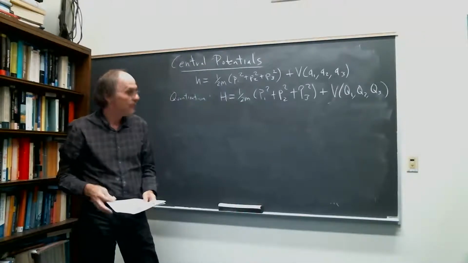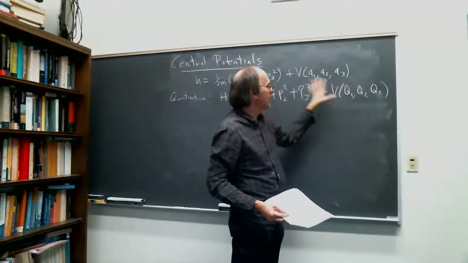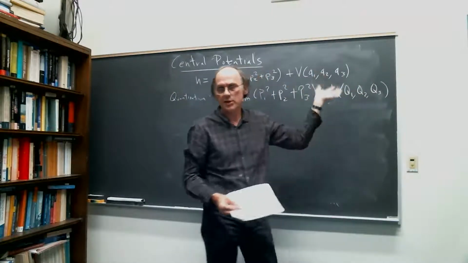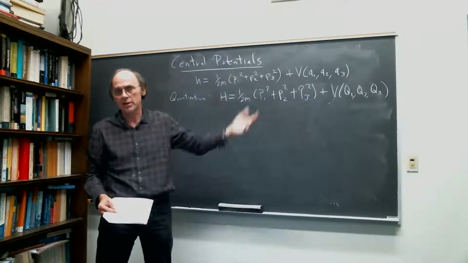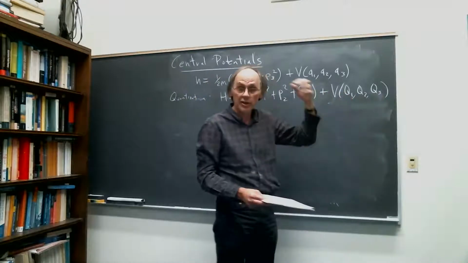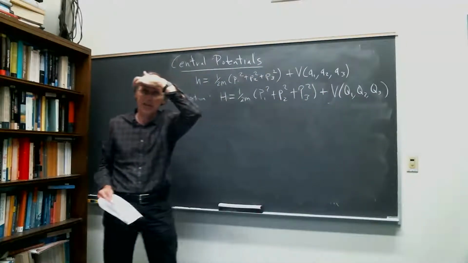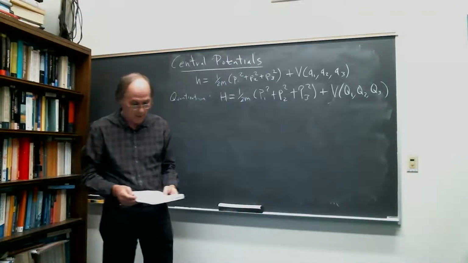But now, what if V is 0? What makes everything really simple is that you're translation invariant. So the p's are actually conserved, and you can exactly solve things. Once you have a non-trivial V, you're no longer translation invariant, so you can't exactly solve anything. But what you can do though is